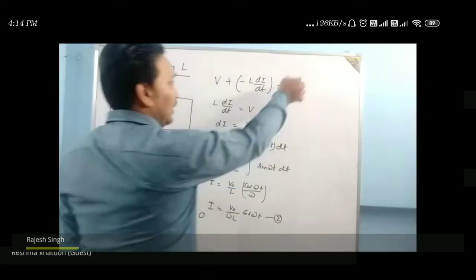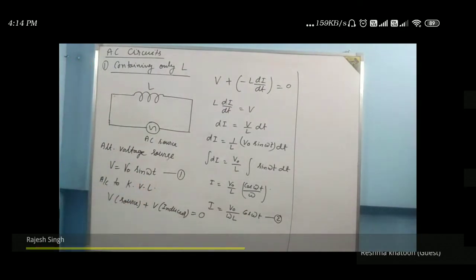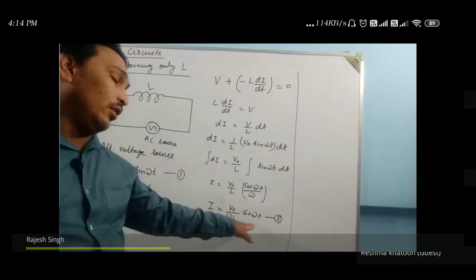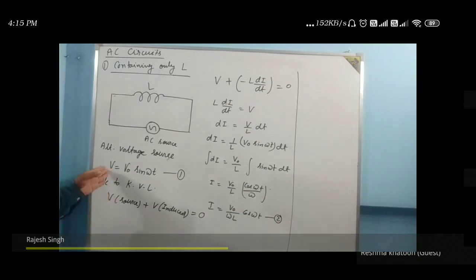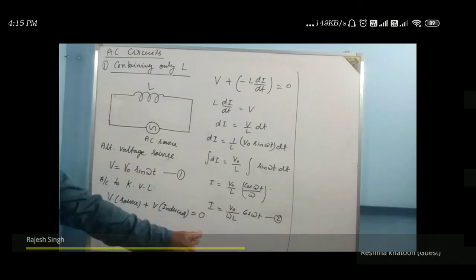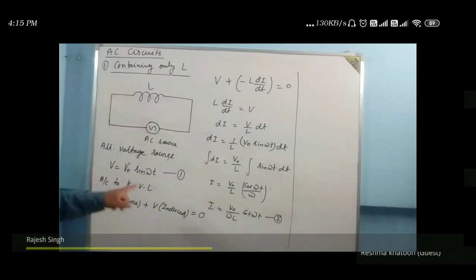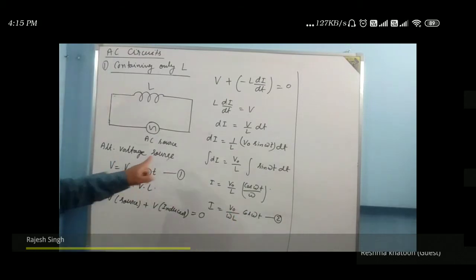But this is not our current. Our current must be in terms of sine only, so that we can compare the phase of voltage and the current. In this situation we cannot. If I ask you what is the phase of current, you will say omega t, because in front of cos omega t is written. If I say what is the phase of voltage, you will say omega t. They are in same phase. Are they in same phase? No, not at all. It is varying in terms of cos, it is varying in terms of sine. They are very different. For comparing phase, the trigonometric function should be same. If this is cos, then this should also be cos. If this is sine, then this should also be sine.